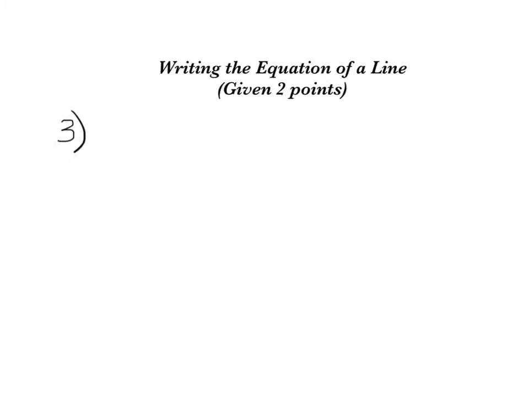The third type of equation that we're going to look at writing is called writing the equation of a line if we're given 2 points. So in this example, we're going to be given the point (1, 1) and the point (3, 5). Now, unfortunately, this time we don't have a slope, but we do remember that slope, which we call m, is